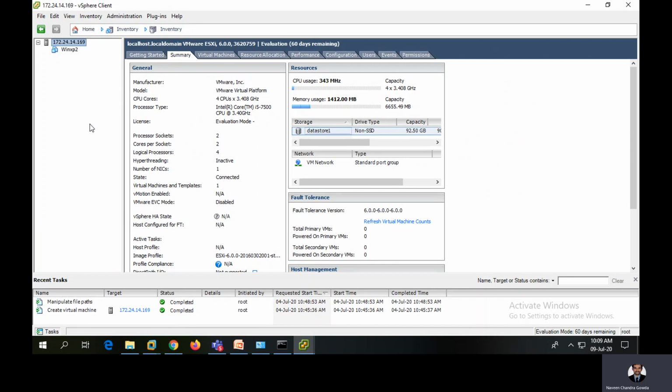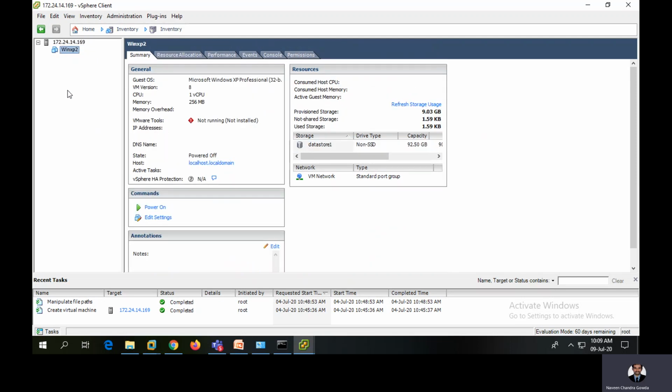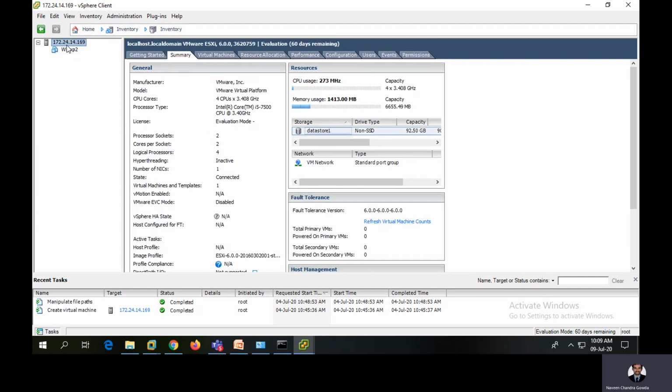You try to remember this. On this hypervisor, there may be plenty of VMs. As soon as you install or place any VM on this inventory or on this hypervisor, you will get multiple VMs like this. But for creating any new VM, you should not select any other VMs, because it's simple common sense. You can't place any VM on another VM. You can only place any VM on the hypervisor, right? So in that perspective,